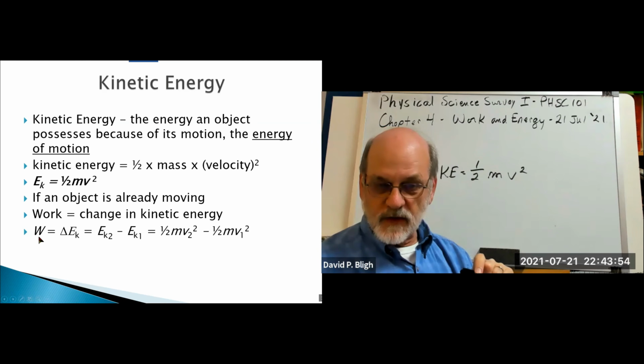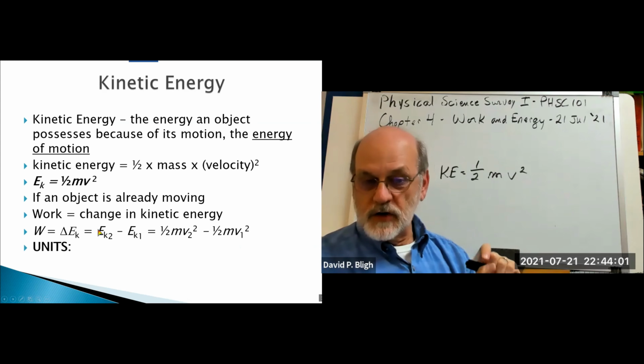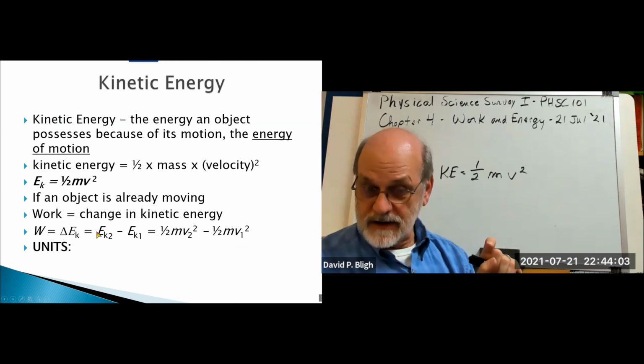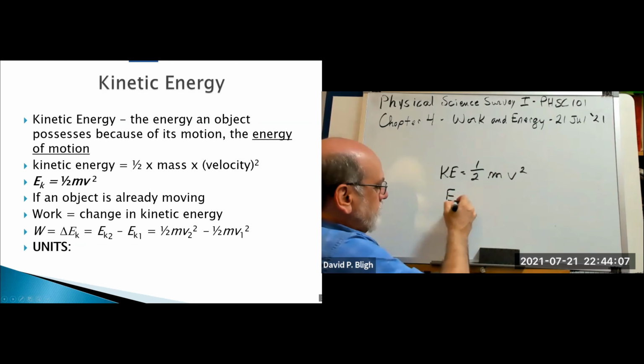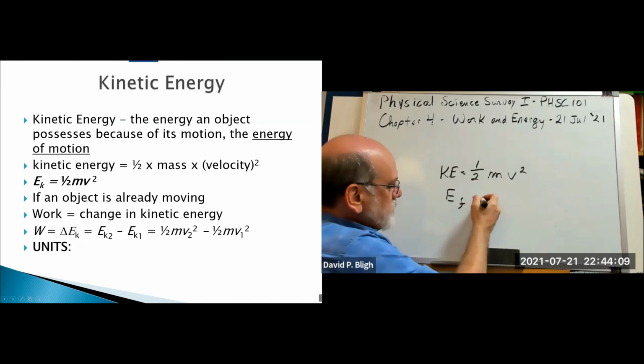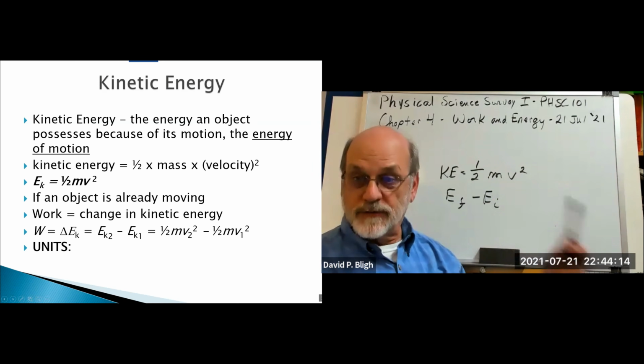So here we're saying that the work required is a change in kinetic energy, which just means that you know the kinetic energy at the end, the final kinetic energy, and then you subtract the kinetic energy that it had before the change,